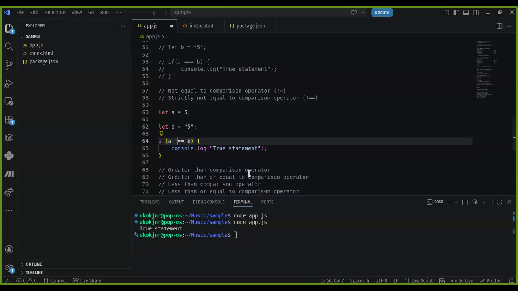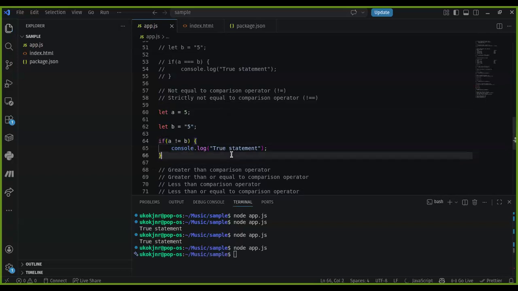Okay, it's not going to give a true statement. Sorry about that. Let me explain why that is. We are checking, is it true that 5 is not equal to 5? Is it true that 5 is not equal to 5? Remember that at this point, it will